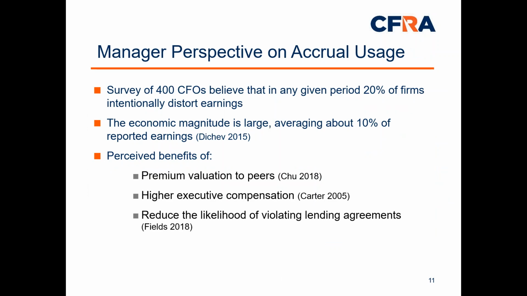Now we can shift to a manager perspective on accrual usage. There is a survey done in 2015 of 400 CFOs. 400 CFOs reported that they believe in any given period, 20% of firms intentionally distort their earnings. The magnitude of this distortion is large. The CFOs estimate that on average, 10% of the reported earnings are intentionally distorted. This makes sense when you take into